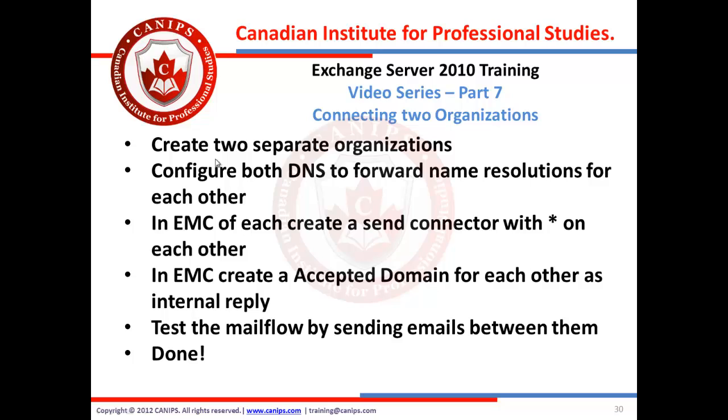Now here I'll be simulating email going from one organization to another completely different organization. So here in my lab I'm going to have 2 separate Exchange organizations, which means 2 separate forests with 2 separate Exchange organizations. They both will have their own mailbox server, cache server, and hub transport server roles. And then in order to configure mail flow between both of them, what we need to do is